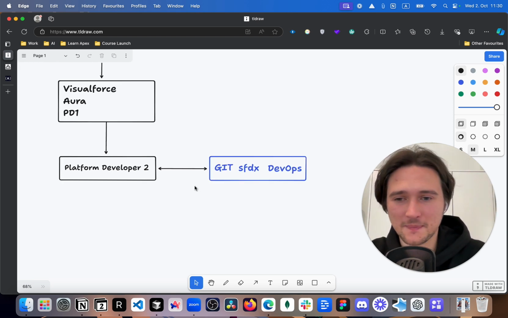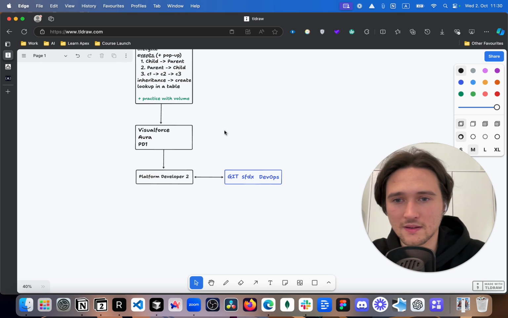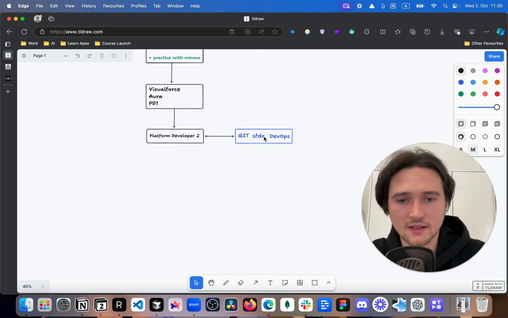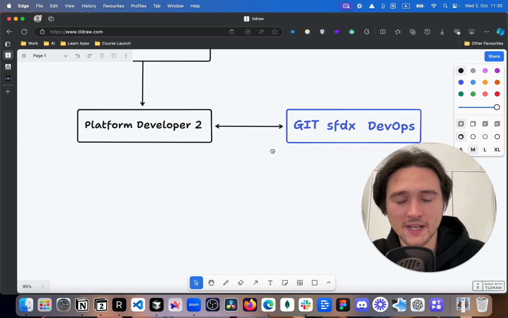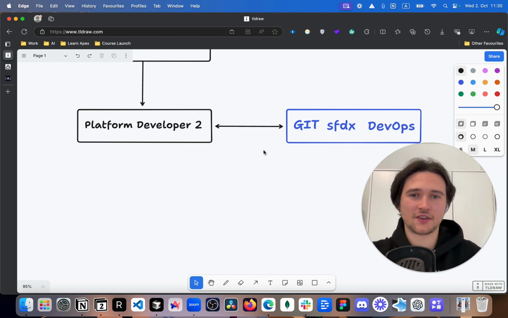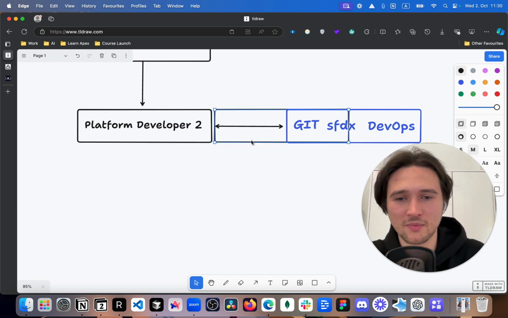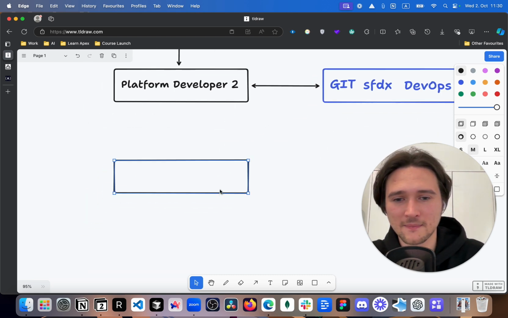So you have Git. At this point, you're already pretty good, right? You already have all the needed skills. At this point, you don't necessarily need to go and do additional skill getting, but now you're coming to the point where you need to market yourself. Marketing.